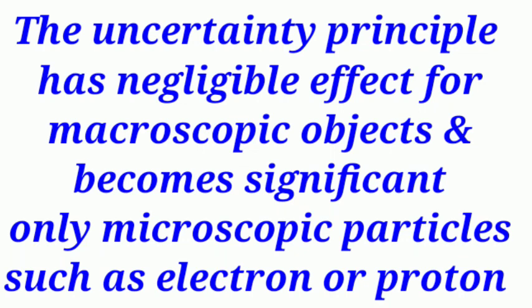So this effect can be applied only for microscopic particles. It does not apply to macroscopic particles. So that's all about the Heisenberg uncertainty principle. What is the Heisenberg uncertainty principle? It is impossible to measure simultaneously both the position and velocity or momentum of the microscopic particle with accuracy